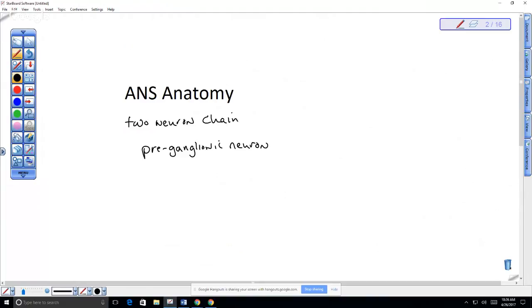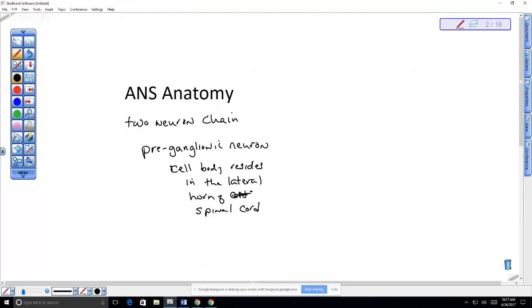So this is coming out of the spinal cord. The preganglionic neuron's cell body, the nucleus, resides in the lateral horn of the spinal cord. The lateral horn, and I'll show you a picture of it in a second, is between the dorsal horn and the ventral horn. There's a little horn that kind of sticks out, and that is not part of the somatic division, but it's part of the autonomic division, okay?